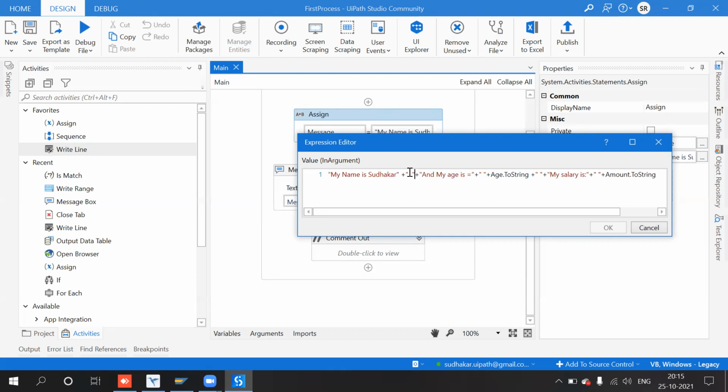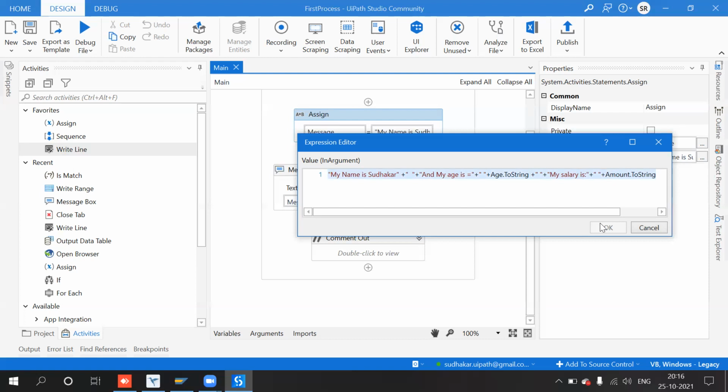Whenever we enclose a particular text with double quotes, that is called a string. So here I am using plus for concatenating two or more different string values, whatever it may be. When I use the plus symbol, we can add n number of strings to combine into one particular string.